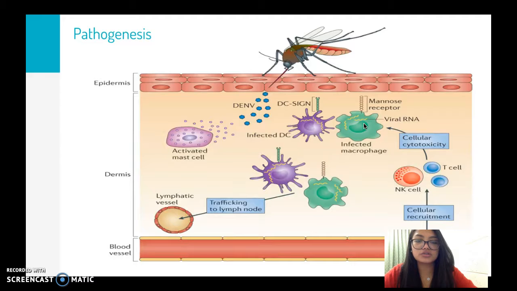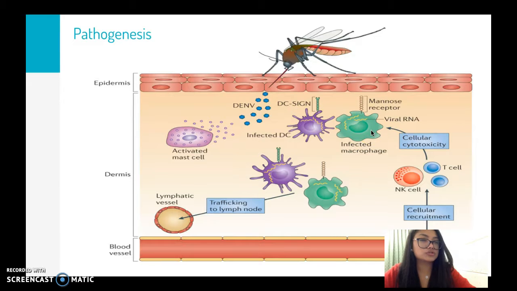Pathogenesis occurs first when a mosquito bites you, and then penetrates your epidermis through your dermis and secretes the dengue virus through its saliva, that way infecting the dendritic cells and macrophages by binding to its receptors, DC-SIGN and mannose receptors. Some of these infected macrophage and DC cells go to the lymph node via lymphatic vessels, while others